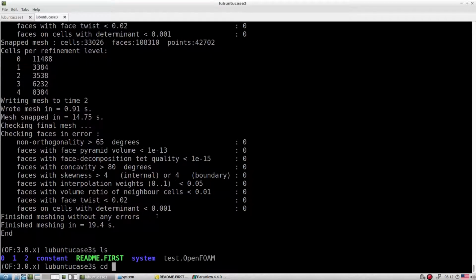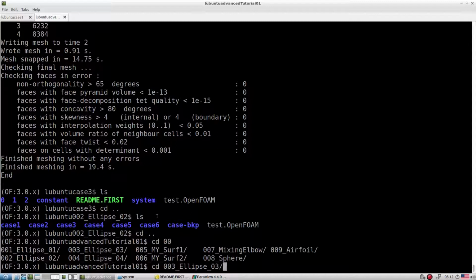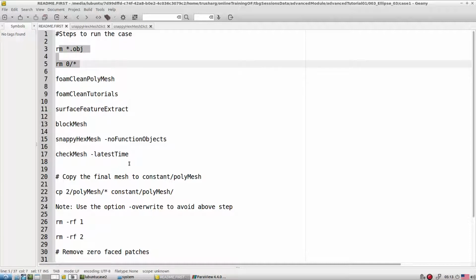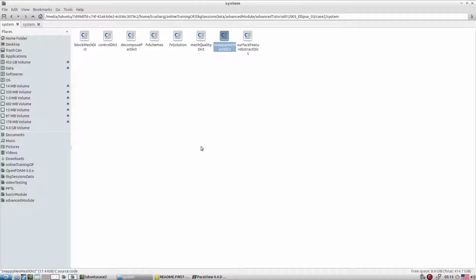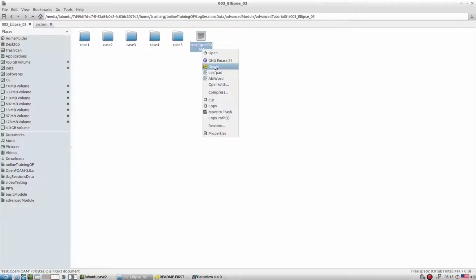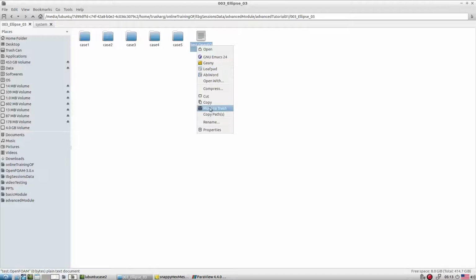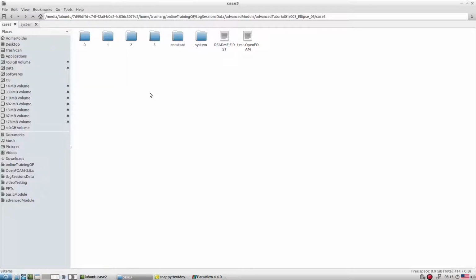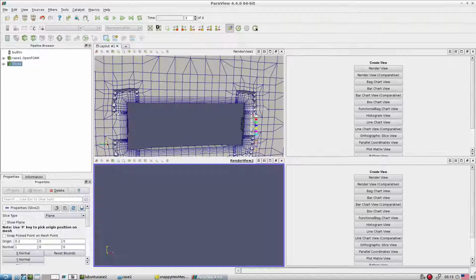Okay, so let me go to the area where we want to run case number 2. Okay, so let me first clean the case and apply all the commands, so we quickly run the case. Okay, meanwhile it's running, let me copy this required file here. Okay, right. Case number 3, not 2, we require. Okay, so let's see. So here also we grow 6 layers, but let's quickly observe what the difference is.